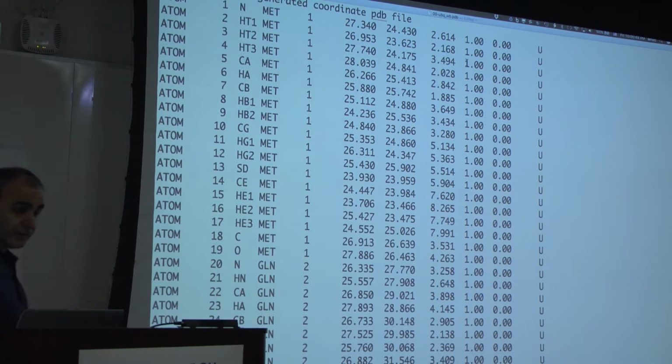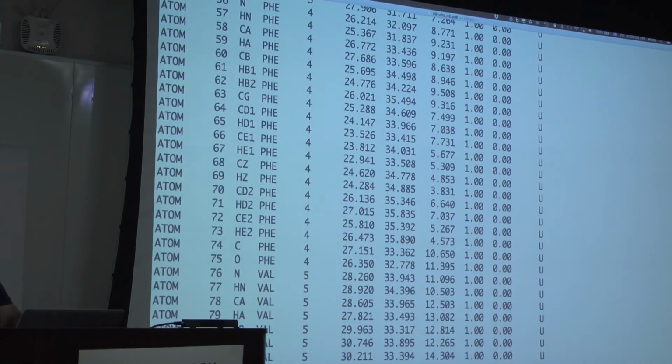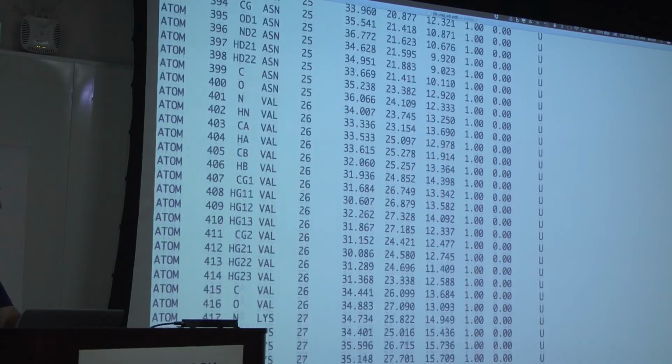So everything is a residue in CHARMM language, as we discussed. So this goes on and on. You have residue 2, 3, 4, and then we,